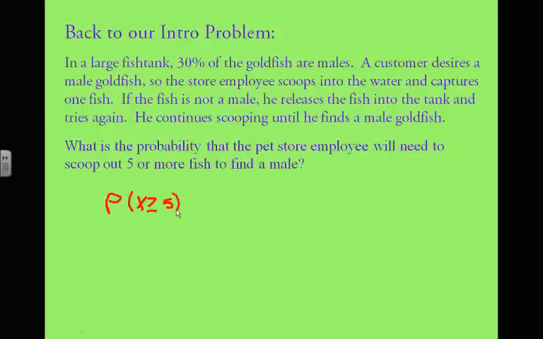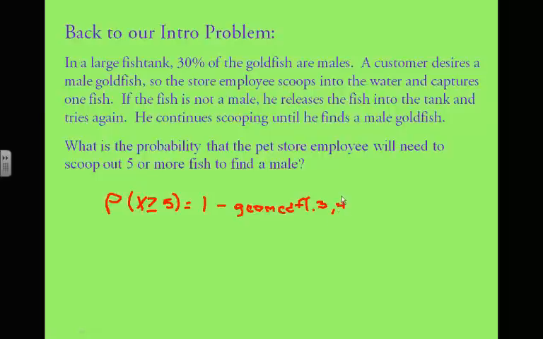So using one of our formulas before, we know that's going to be 1 minus the geometric CDF, and there's a 30% success rate, so 0.3 comma